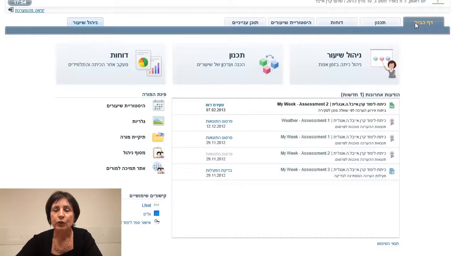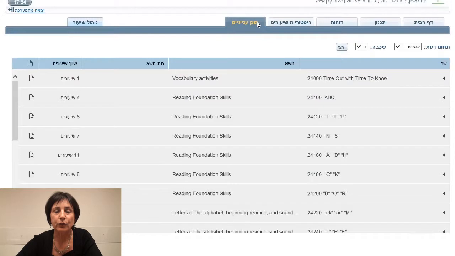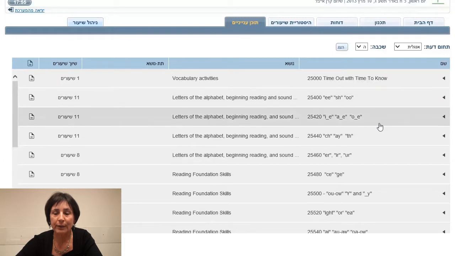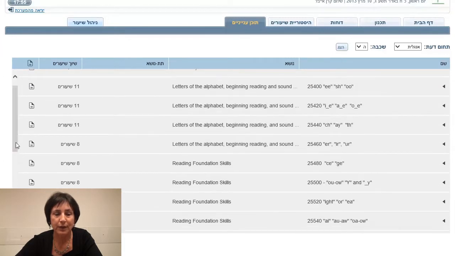So we're starting off on the home page of Time to Know, and the first place that I'm going to take you is to the table of contents, so you can get a general view of the Reading 2 program. I'm moving over to Kitah Hey, grade 5, and the first part of the program is the reading, the second part is the themes, and you can see the program focuses on the diphthongs, the digraphs, and the R-controlled vowels. And this is the order in which Time to Know does their Reading 2, E, E, S, H, O, O, and so on. And you can see it goes in clusters and groups, and I'll come back and explain that,